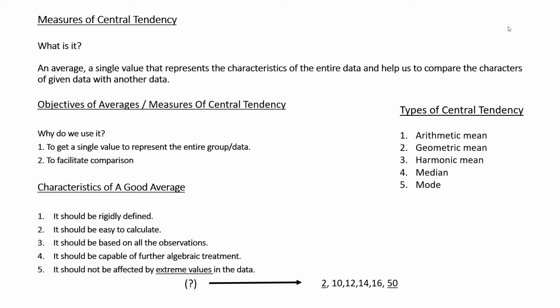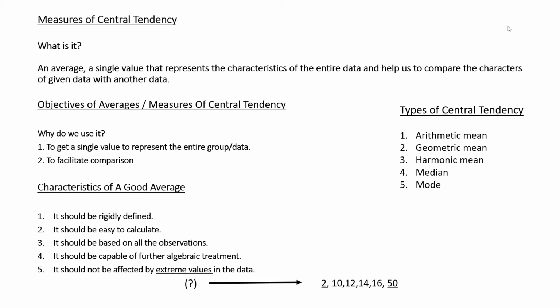Now, if I want to compare the average percentage of your class with that of the higher secondary first year students, then how can I compare? I can just calculate the average figure for their marks and then compare their marks with your marks. For example, let us take that their average percentage is 65%. So now I can compare your average percentage with their average percentage. So this is the main reason why we use central tendency or the averages.